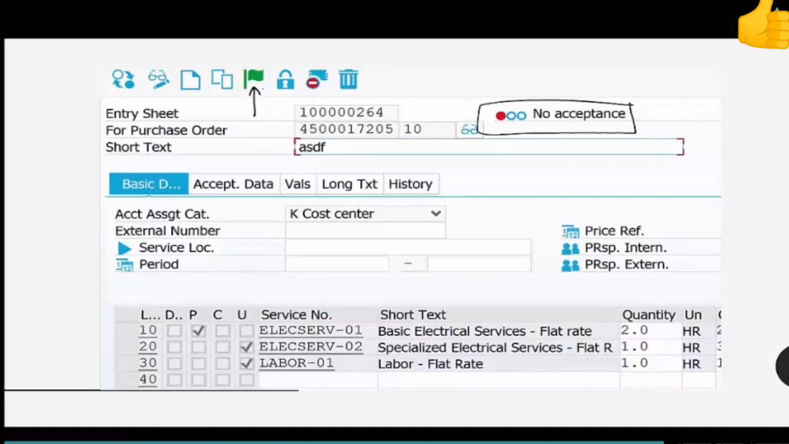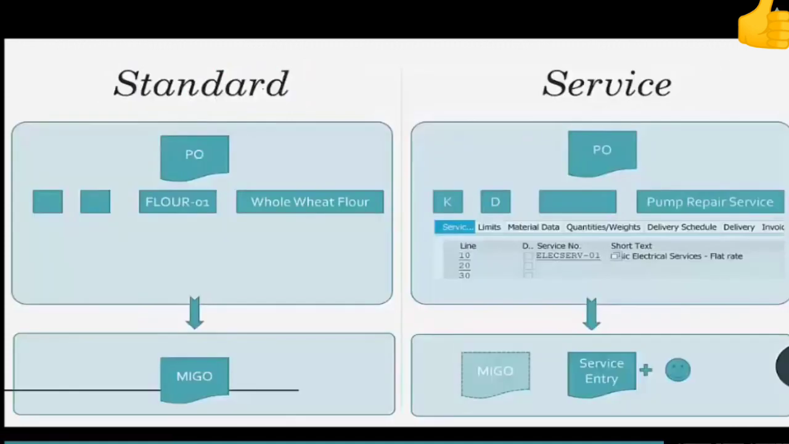So somebody in the right capacity has to go and click on this green flag that accepts that service sheet. So he just goes and physically inspects the pump, makes sure everything is working, and says, okay, I'm going to accept that. Once that green flag is checked, the service entry sheet is accepted. So the first difference was during PO creation. We said the item category is D. The second difference is we are not going to do MIGO. Instead, we're going to do a service entry, and somebody who's a manager or supervisor is going to accept